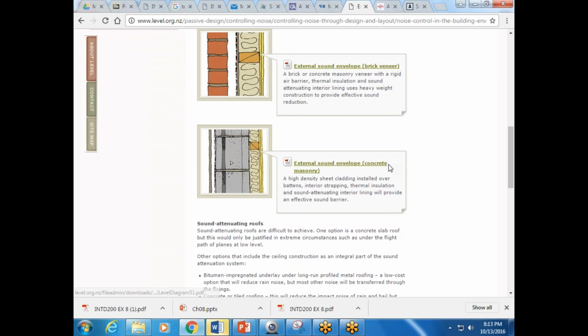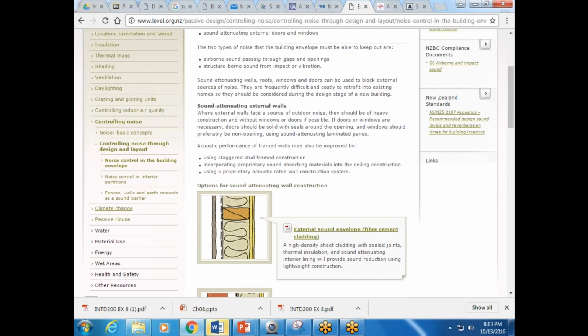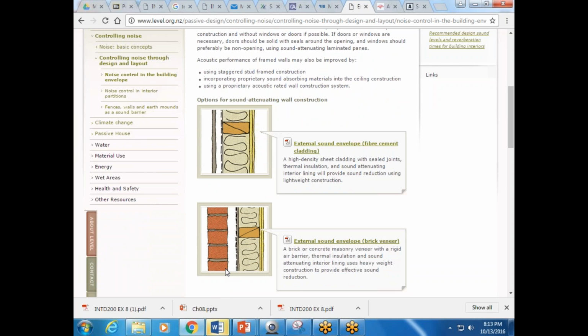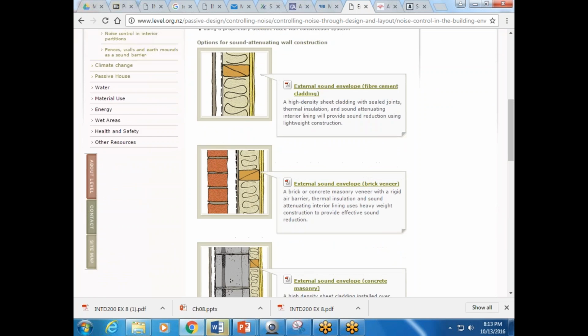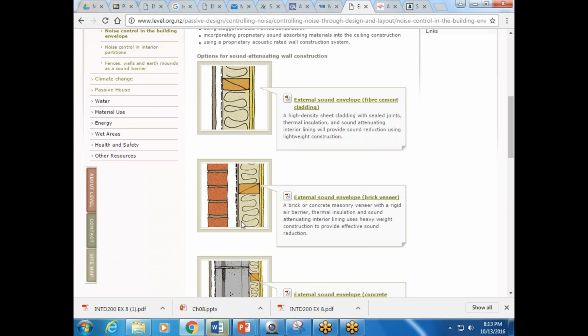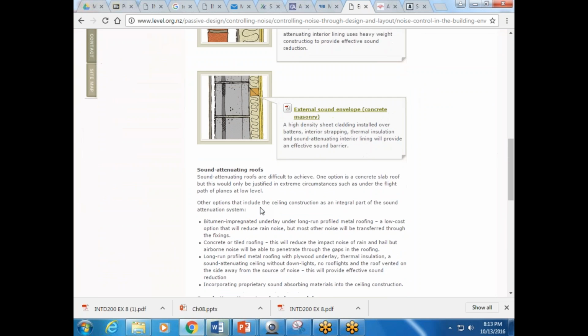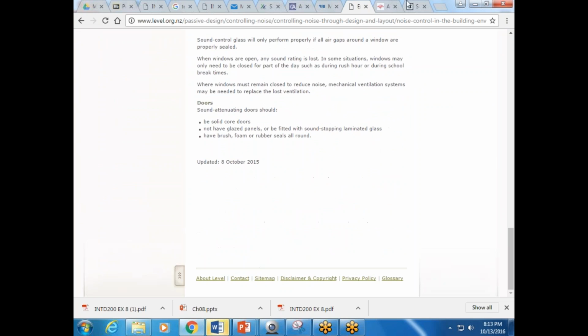And then here we have the use of concrete masonry, which is just as effective. So you have multiple options. It's not as clear-cut as some may think. We have tons and tons of different architectural selections that can be made in order to help us in killing that sound problem. So here were good sections. This is the idea of a section detail, which we'll see for our homework. And then more information.